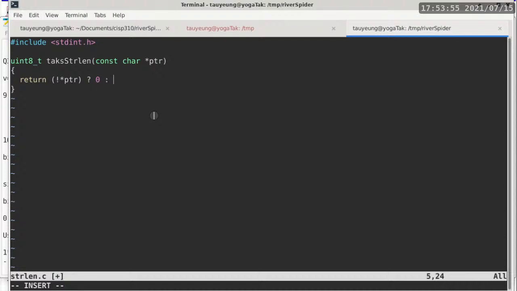So the else to this ternary expression is going to handle the case of, what if ptr is not null? Well, that guarantees that you have at least one character, right? The length is at least 1. So you say 1, but we don't know what the rest of the string looks like. So what we're going to do is we just say, well, let's treat the rest of the string as a string itself, and then we're going to call a subroutine to find out the length of the rest of that string. So this is how recursion comes in handy, because